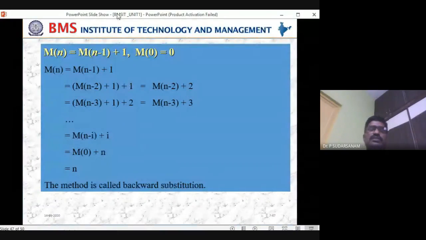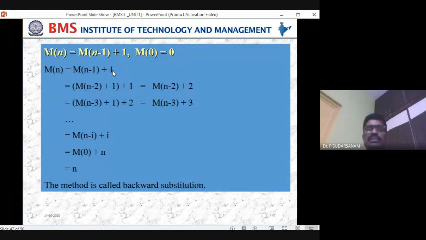Okay. So now, this equation, all of you listen once again, I'll tell you. M of n is equal to n minus 1 is there. N minus 1 you substitute it in the m of n. So here n minus 1 becomes n minus 2, you will get it. Plus 1 is there. That equation itself, plus 1 you have written. That plus 1 as it is. That is one way of writing.